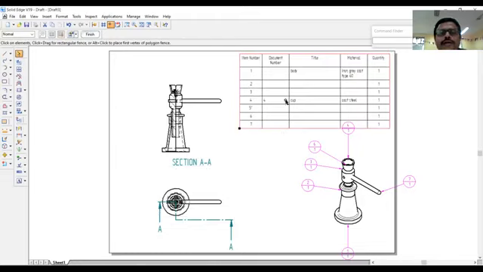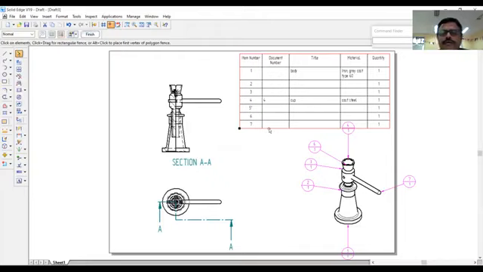While doing the parts, if you give the document number properly, you will get the title, all the parts you will get. If you make mistakes while doing the parts, this table will not be populated. So while doing the parts, as we have explained in the part modeling, you should give the summary of the parts.